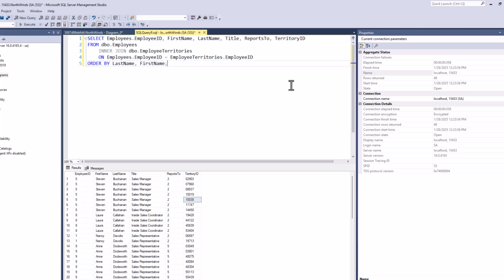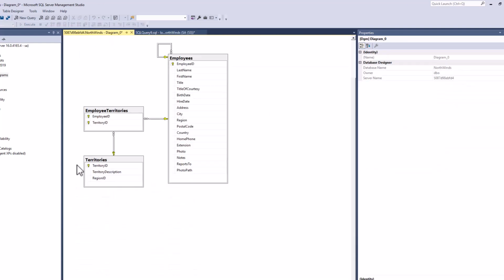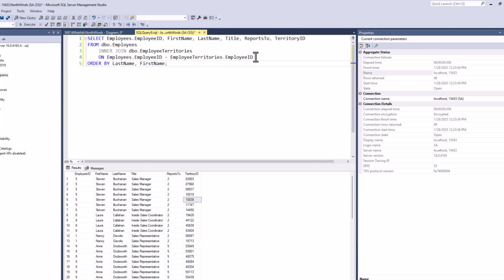So we've gone ahead, we've done our first join. The next thing we want to do, going back to our diagram, is to bring in our territories. And we really care about our territory description because that's going to give us more information about, well, what is the area that they really cover? What does that territory really reflect? So I can go ahead and come back and add my join, because I want to do the join first so that I can make sure that I can select, because I'm not very good speller and territories is a little challenging for me. I can go ahead and do my inner join on my